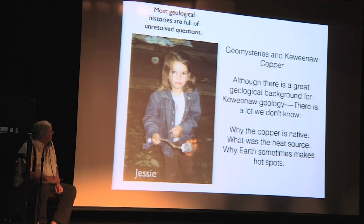This is my granddaughter, and I try to take her outside. Right now she's upset about the marshmallow, but